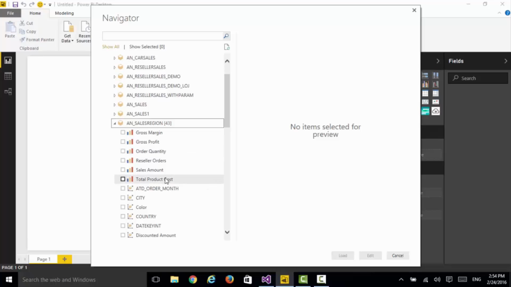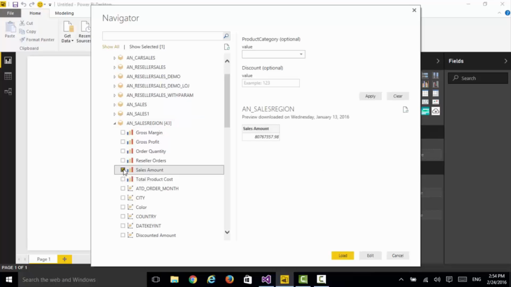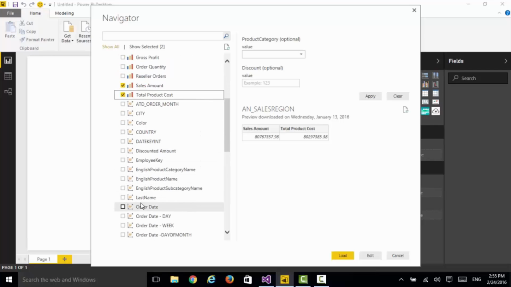Then the next thing that you can notice is we are displaying a user-friendly caption or label that is defined in the system and not the technical name. So this is very easy for users to discover and consume content. I'm going to pick the sales amount, and immediately you would see a preview of the field that you selected. We also bring in the parameters and variables that are defined in the system with lookup values automatically fetched for you. I'm going to pick a few more measures and dimensions, in SAP terms key figures and characteristics, here